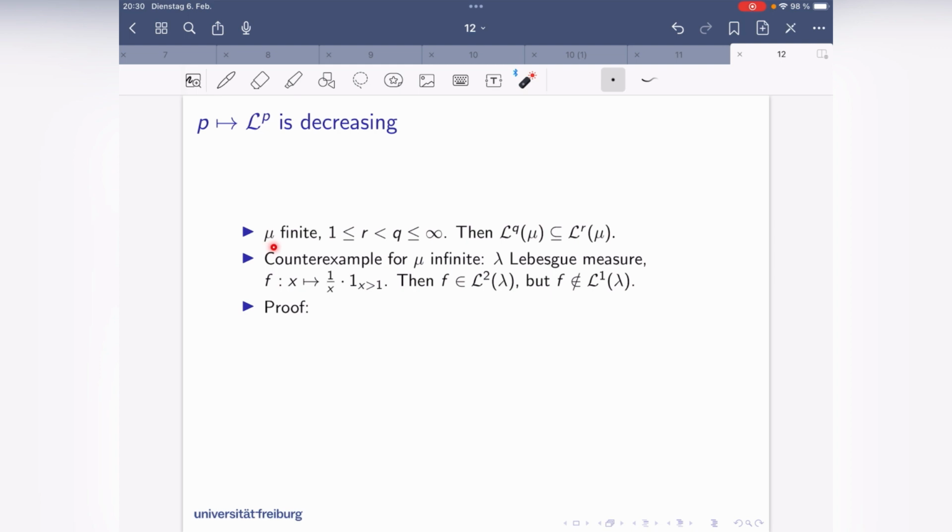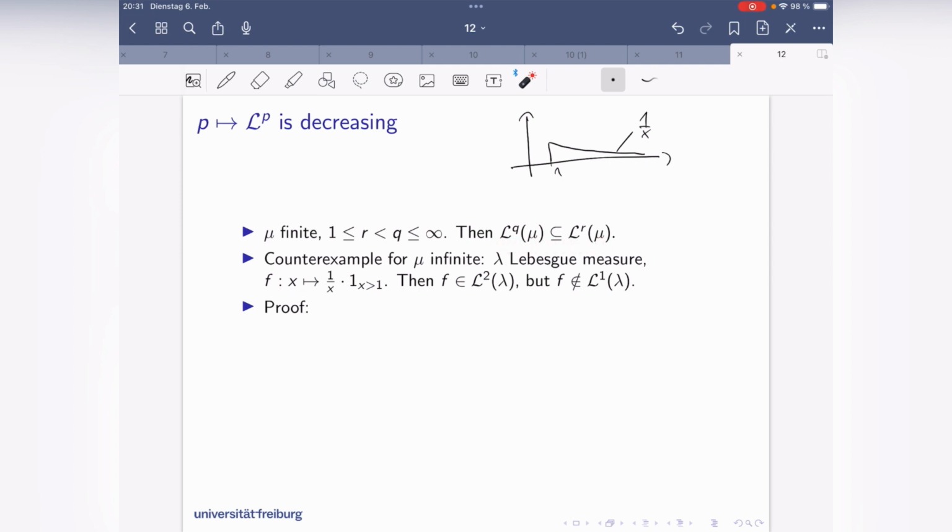If mu is infinite, for example, mu is the Lebesgue measure, lambda, you can have something like this function here. Well, let's draw it real quick. Here's 1, and here it falls like 1 over x. Then when you square this function, you have 1 over x squared, and you know you can integrate it. 1 over x squared is integrable. But if you do not square it, you have 1 over x, it's not integrable. So this f here is in L2, but it's not in L1,